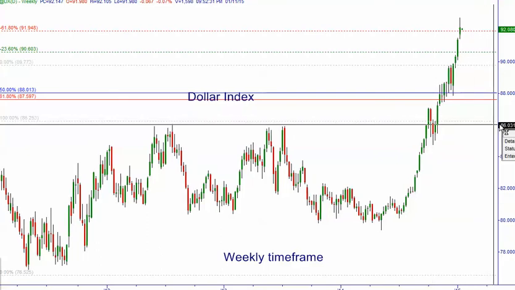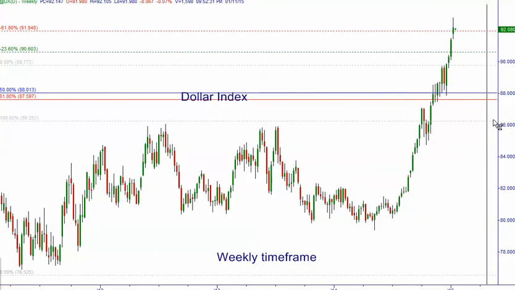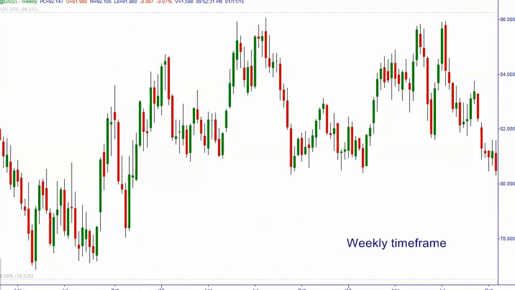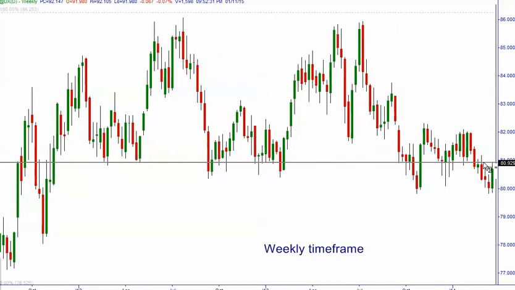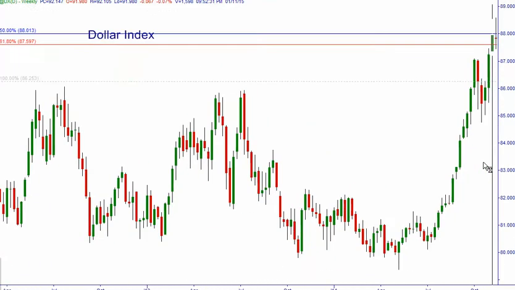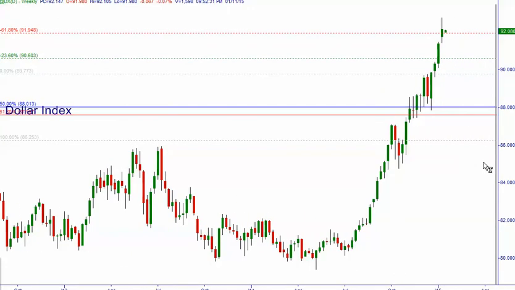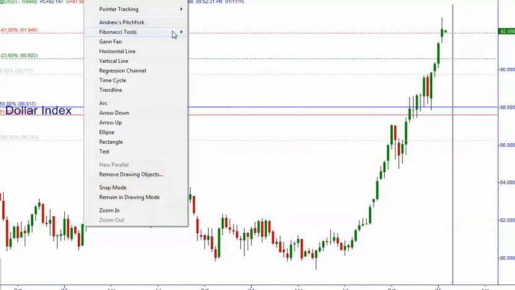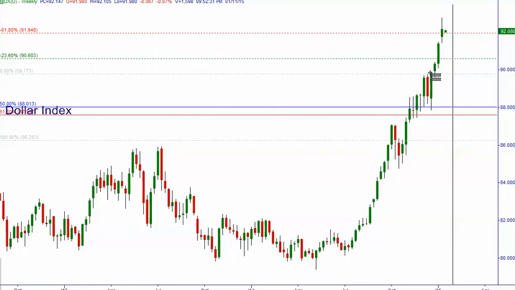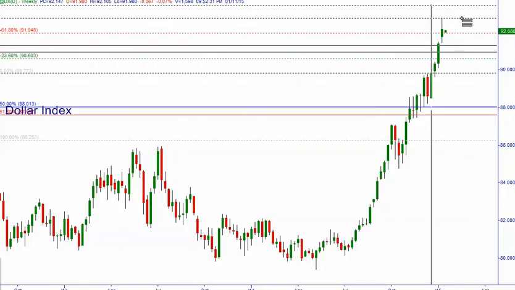I was able to identify this only after the fact, but you have to think that even after the fact, these indications here are very important because they allow us to perform price discovery. So we have the second target now, and there is the potential for this market to retrace all the way